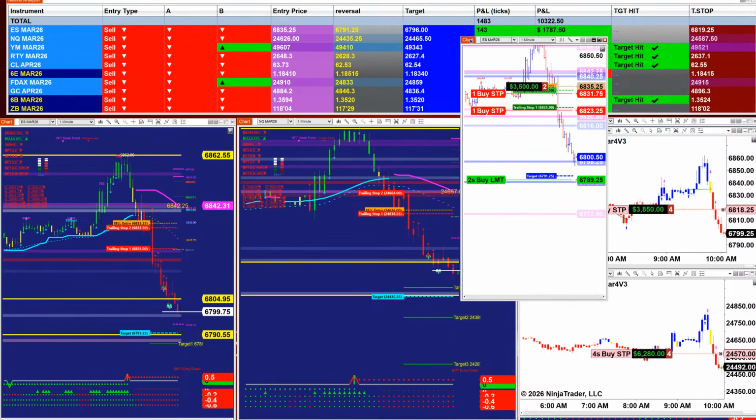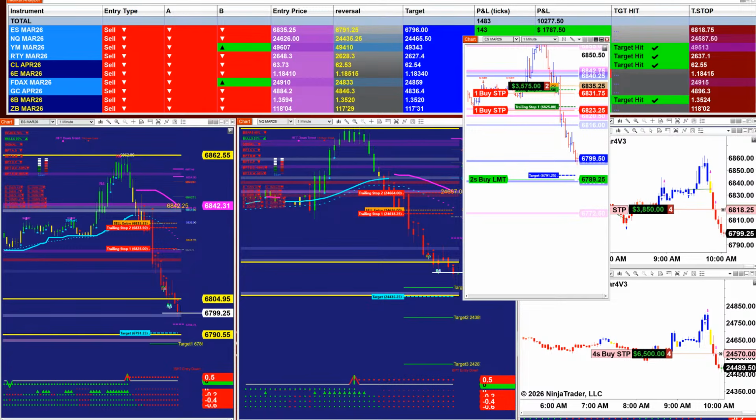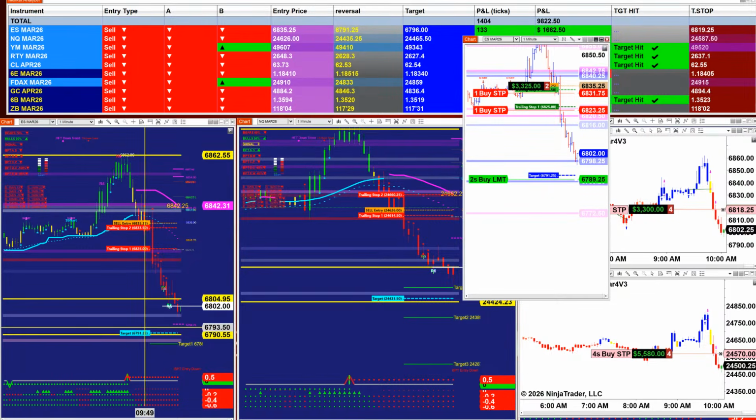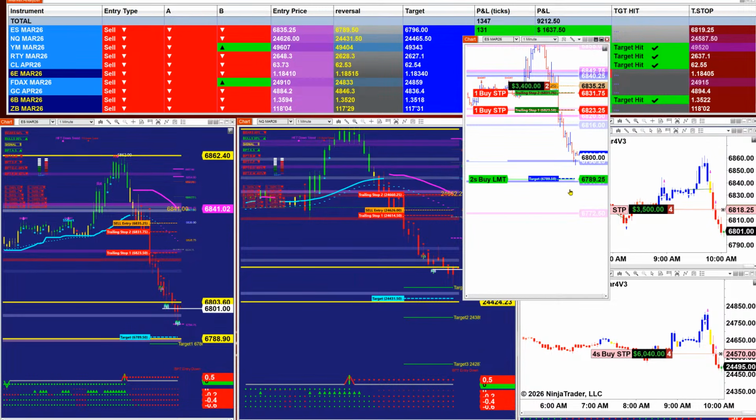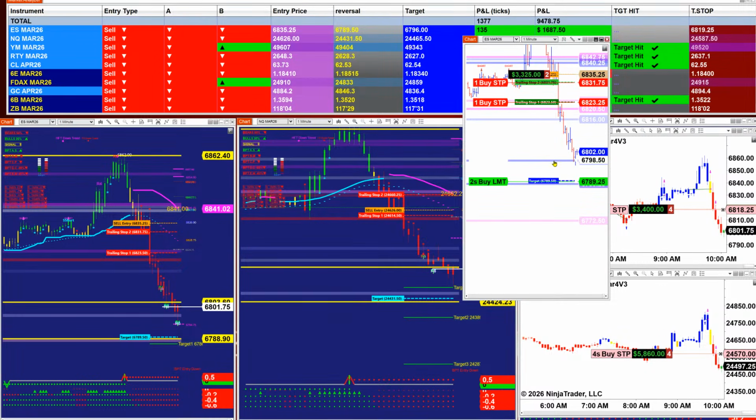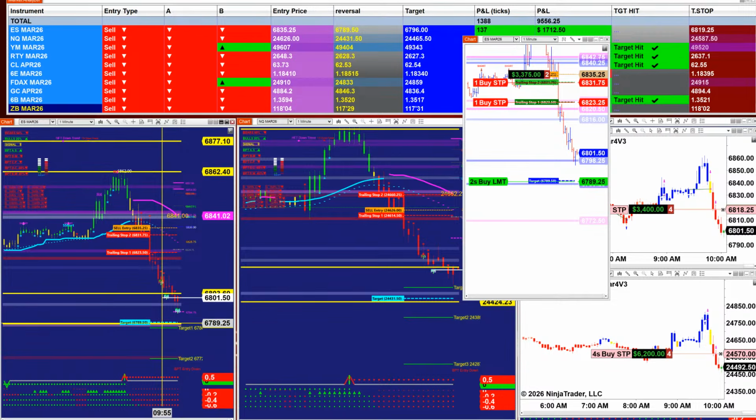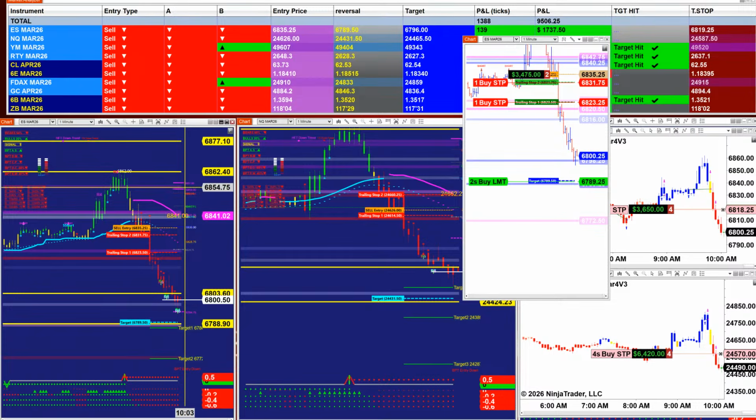On the ES, we have 143 ticks based on one contract, 140, and on the auto trade we have two. And the system, you can see on the blue chart, calculated 6789 as a target. Now we can see it is right on the fib at 6798, but there is much more potential, which we are going to hit with the market analyzer, because every trade calculates differently, depending on the